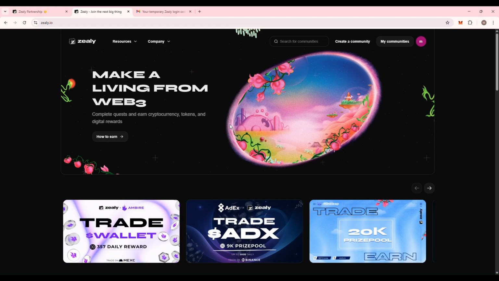This is the main theme, the steps to earn from Geely. Now, a quick summary of the steps. Always start with: create your account, complete your profile, and connect your wallet. Join a community or a space. Start taking those quests and earn XP. Geely is an excellent tool for project growth and community. Take your time, explore the platform, and